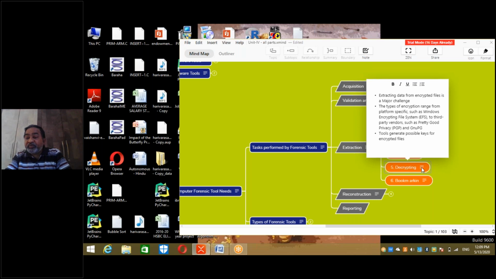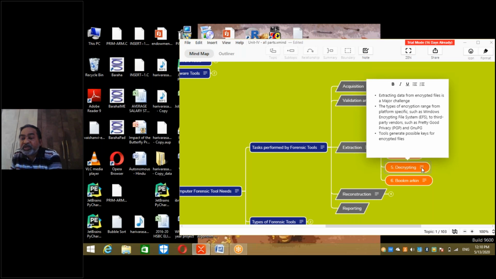The types of encryption range from platform specific, such as the Windows Encrypting File System (EFS), to third party vendors such as Pretty Good Privacy. Simply said, you are either using your own specific encryption tool or a publicly available free domain tool.